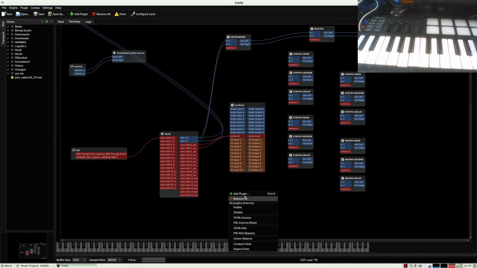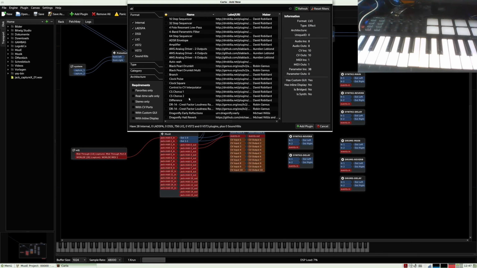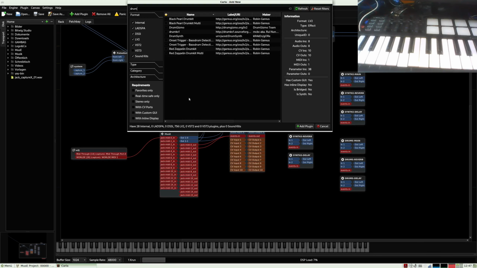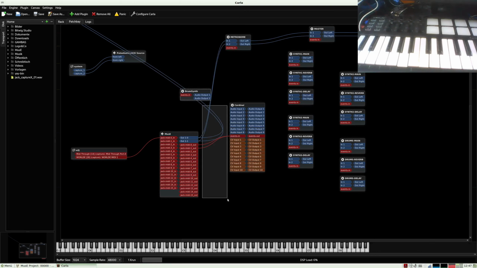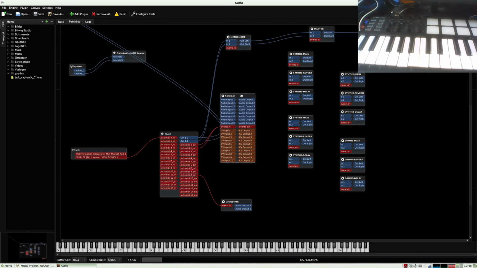I want to add a plugin. It's for the drums, so I type here drum and use the drum synths, put it here and connect it to channel 9. Okay, now I can connect the audio outputs. This is Synth 1. It's connected here with both channels and to here.